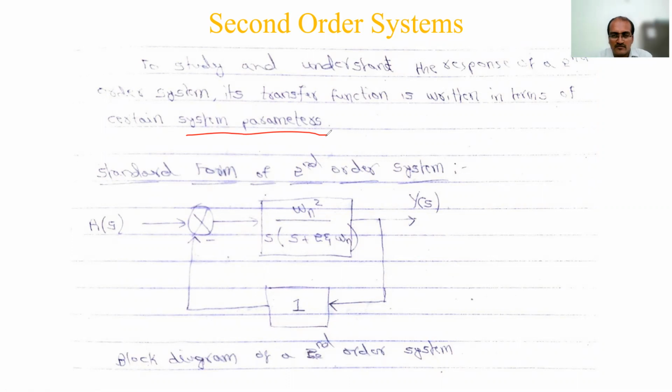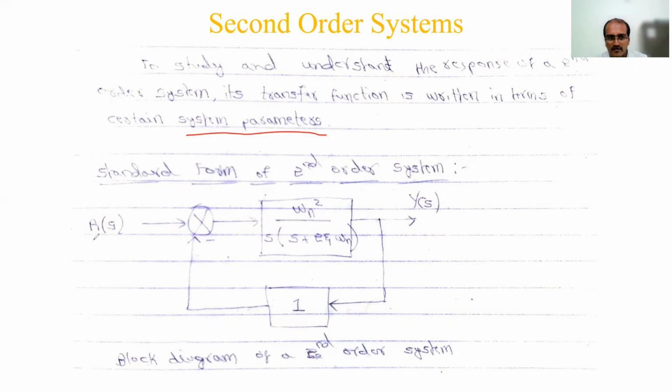For first order system also I have shown you a certain standard block diagram, right? Same way, this is the block diagram for second order system. Imagine as we proceed with the third order, fourth order, the block diagram also looks complicated and the equation becomes lengthy. So that discussion is not there for you. We are doing only up to second order system. All the problems are based on second order system only. So now we'll see how the block diagram looks.